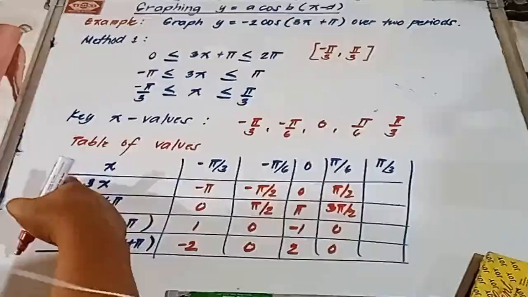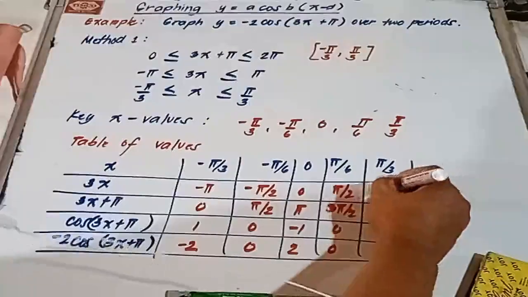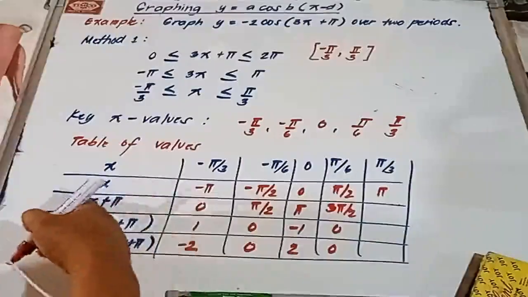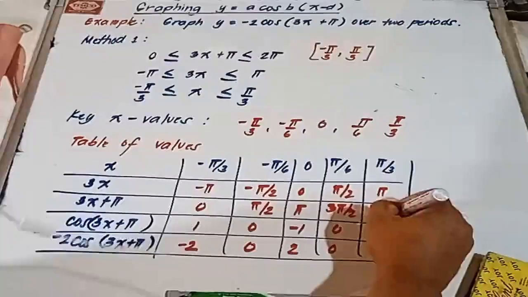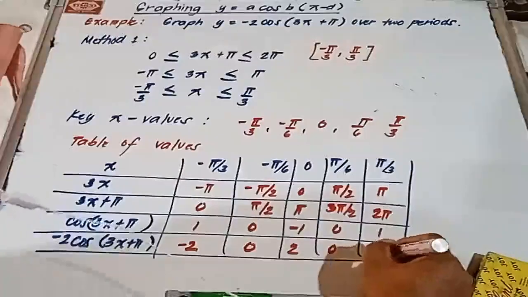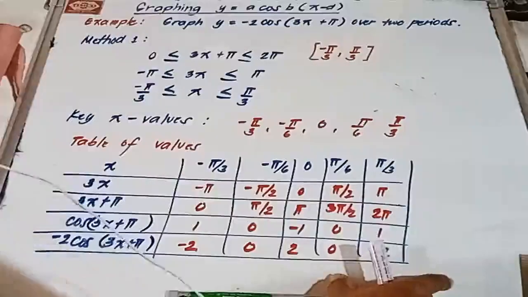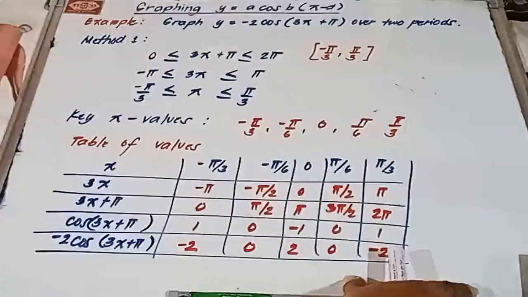Pi over 3 times 3x is pi. Okay? Pi plus pi is 2 pi. Cosine 2 pi is 1. 1 times negative 2 is negative 2. So, completed na. Okay? So, I suggest lang, magdagdag pa tayo dito ng other half ng ating interval para